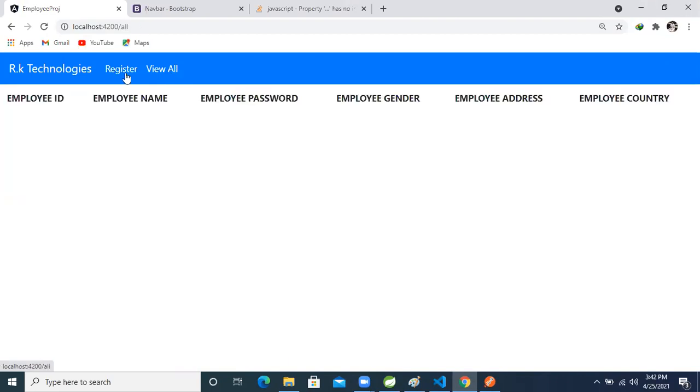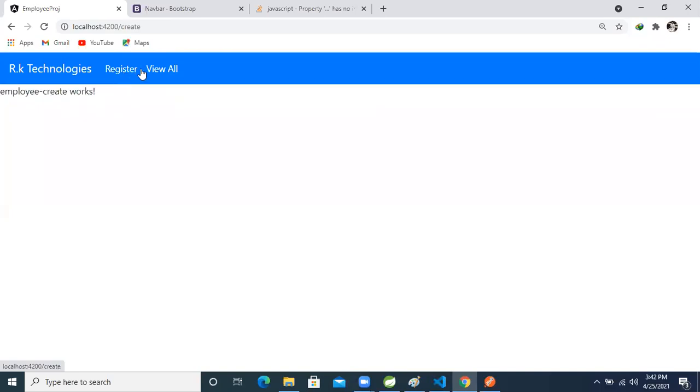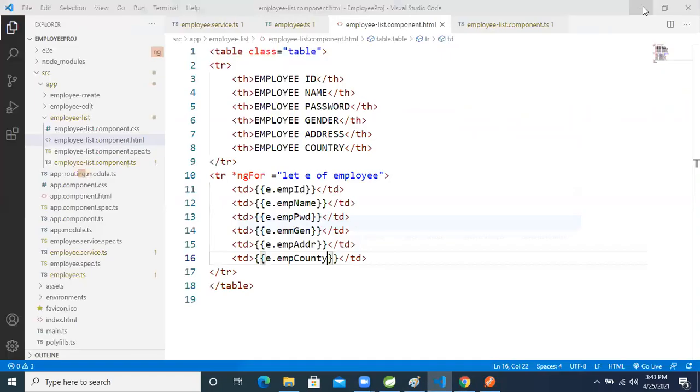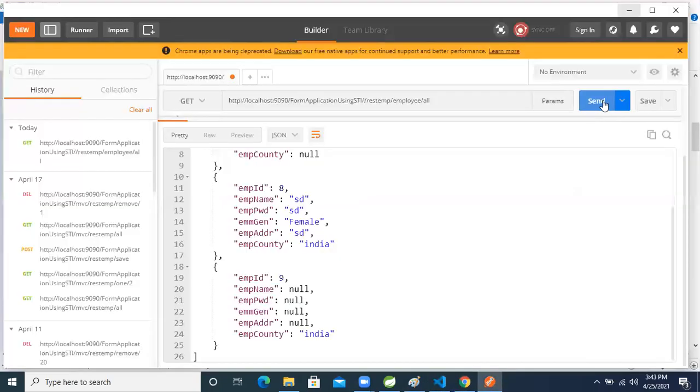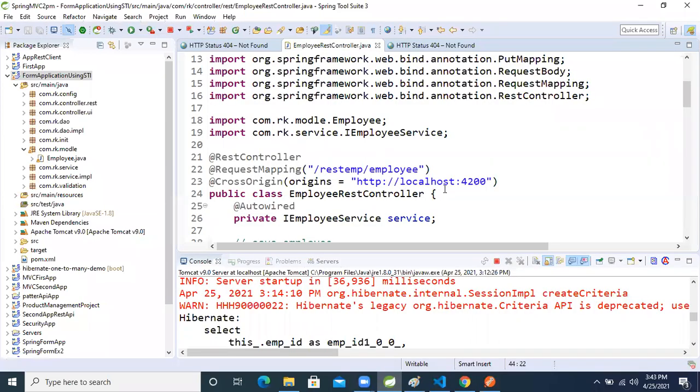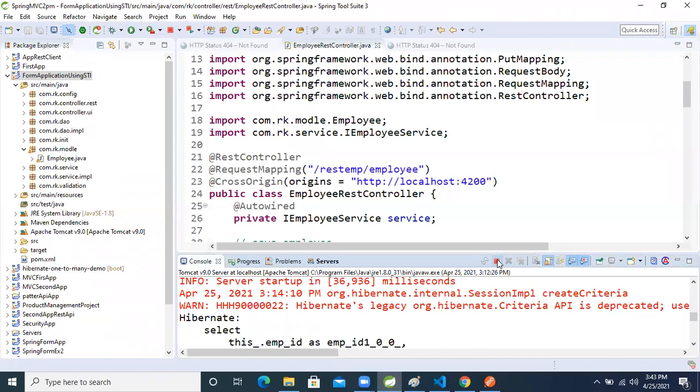Wait, guys. The database data is there. Again, I will make it. First, I added it, but I did not run the application again. So I'm stopping this application one time.